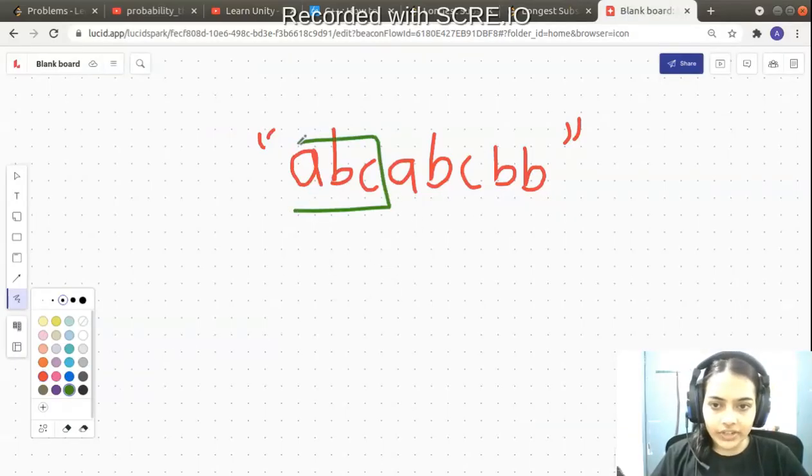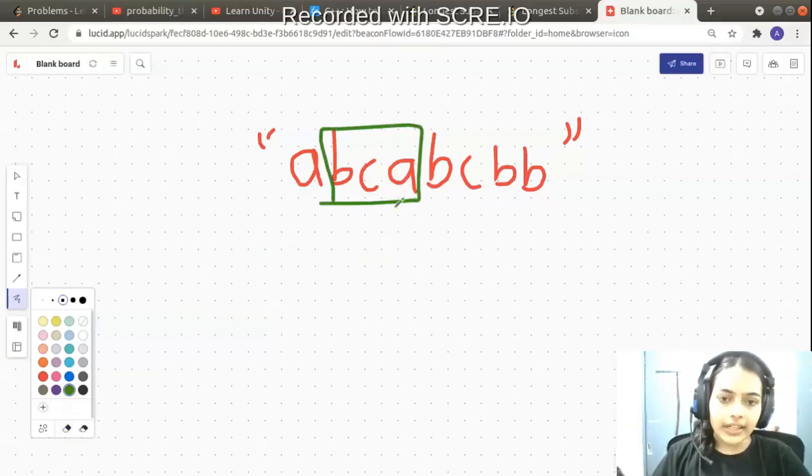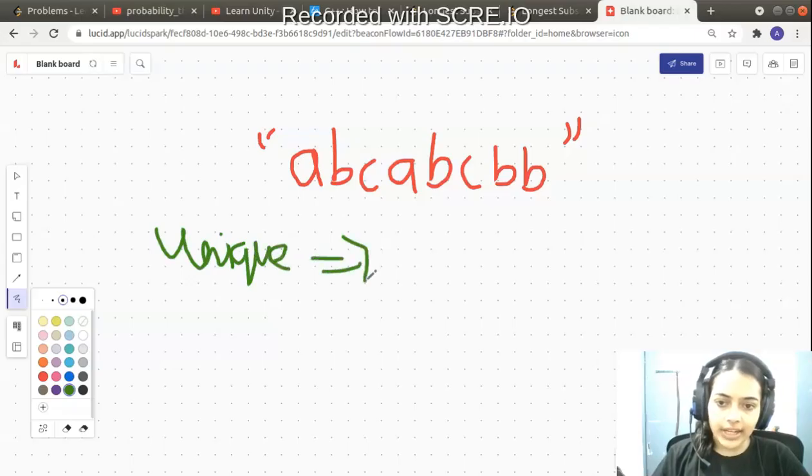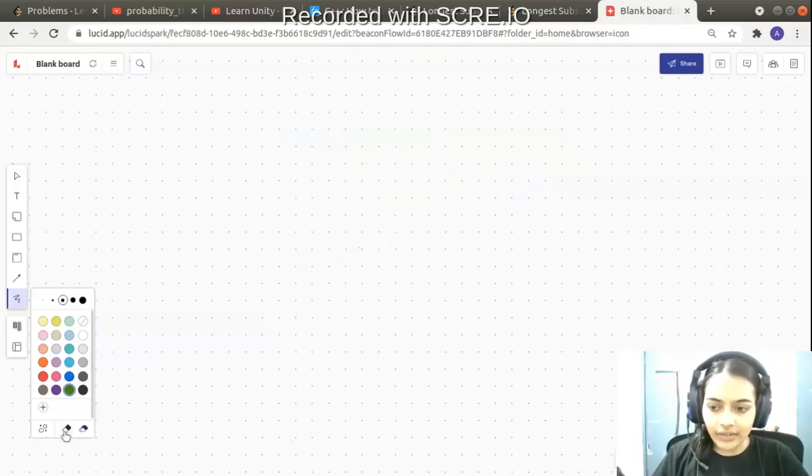In this you can observe that the substring ABC has all the characters which are unique. So none of the characters are repeating. A is different from B is different from C, and it is of length 3. So this is one possible answer. Or you can also observe that BCA is again a string that is having all unique characters, and you can again observe there is another ABC here, and so on. So you can find maximum length substring which is consisting of unique characters here. The maximum length of the substring that you can find in this particular example will be 3, and that is the answer that we have to return.